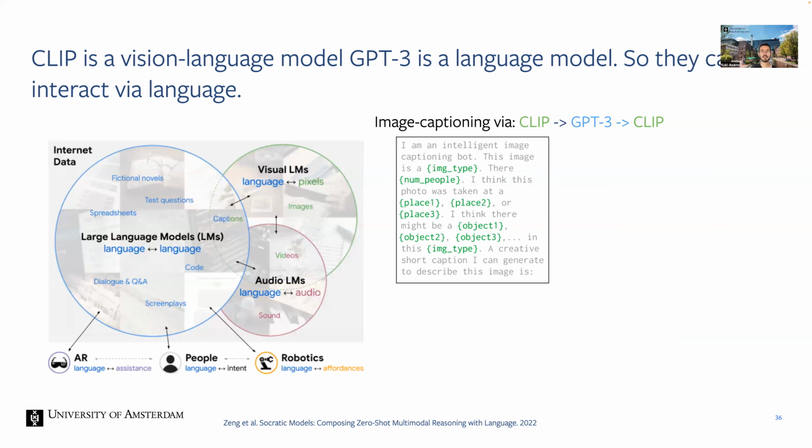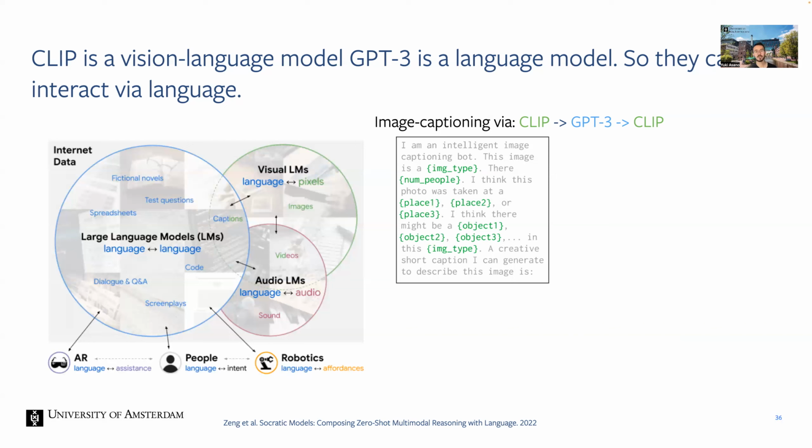Let me give you the example. You give CLIP options: on this image, there's no person; on this image, there's one person; on this image, there's three; on this image, there's more than four people. You figure out via the similarities in joint embedding space which one is closest. Then you know, okay, there's three people in this. So you take this template and instead of num people, you write 3 in there. And you do this for all these other things.